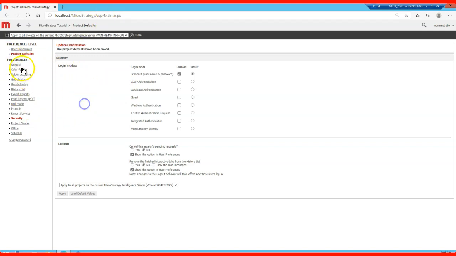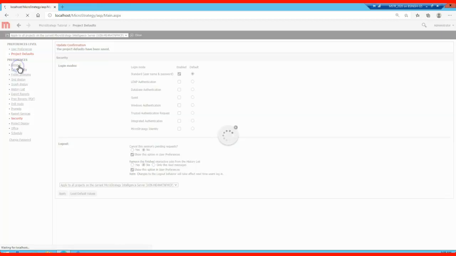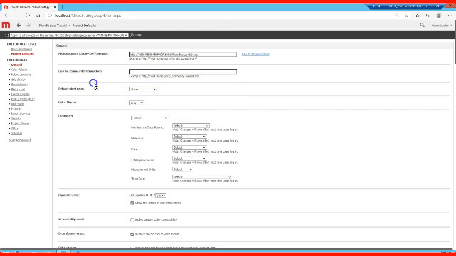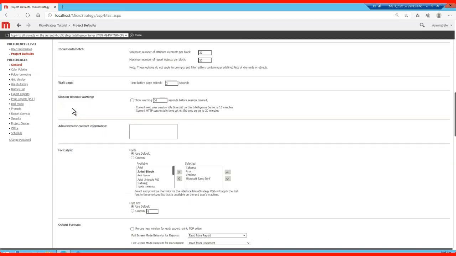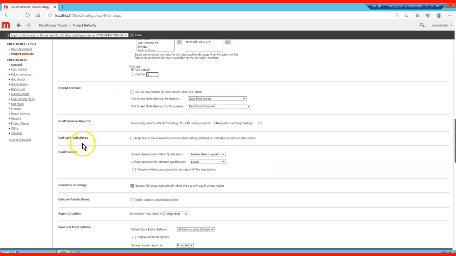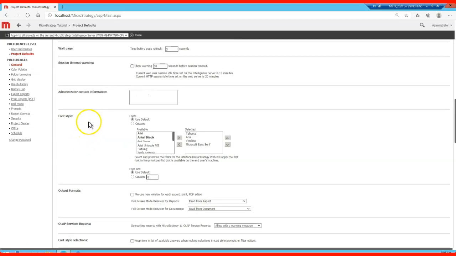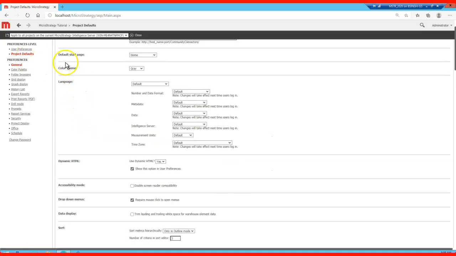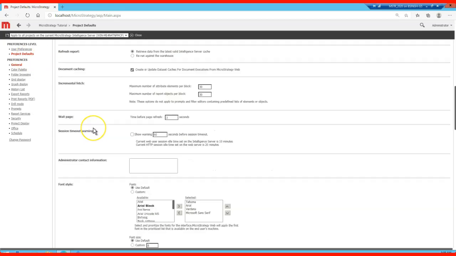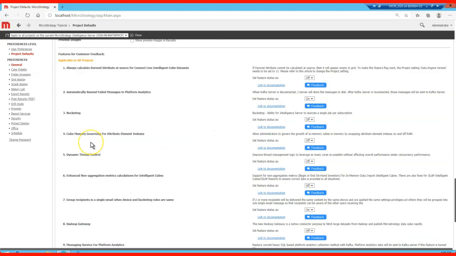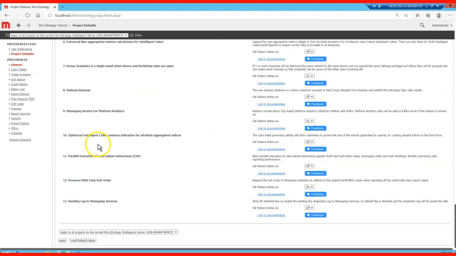It's also not possible, guys, to go through each and every option in this video. I would recommend you go and check all of the options one by one, so that you can get more insight into what type of preferences we can configure, whether at the project level or the user level. So you can see all the options here. There are a lot of options.